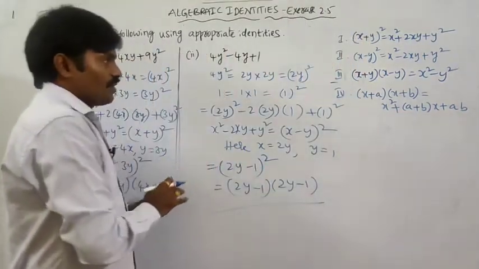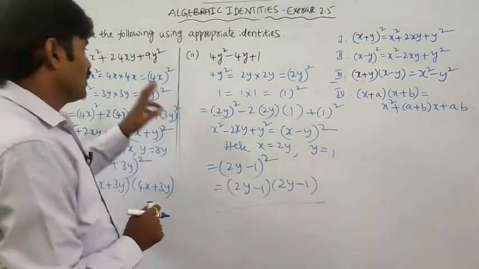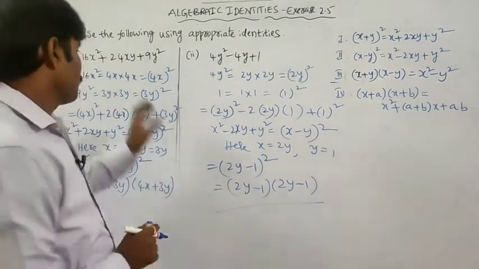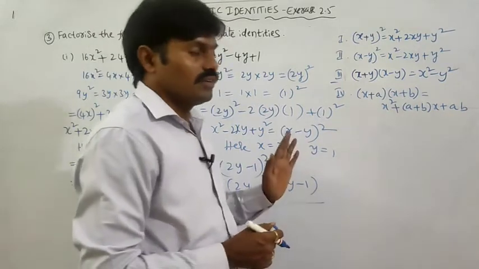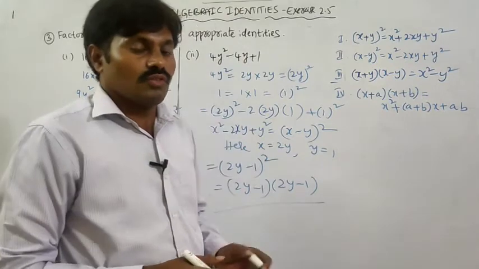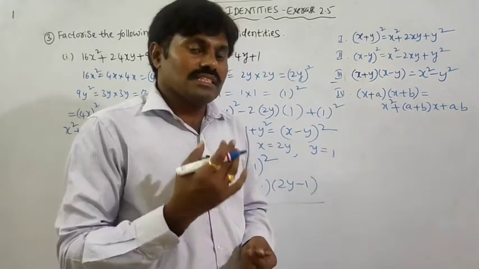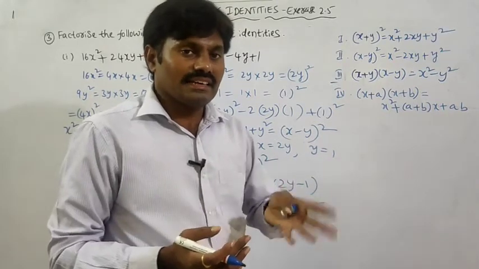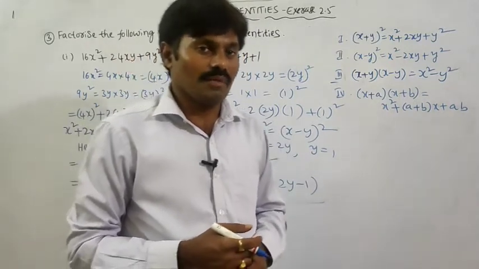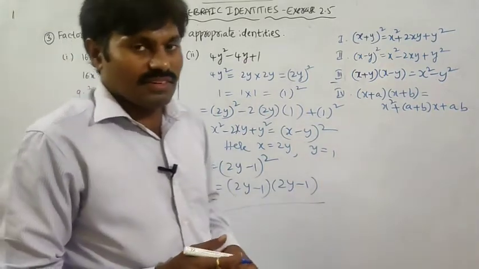It is not always possible. Only when the first and last terms are perfect squares and, when you multiply those two terms and multiply by 2, we get the middle term, then only it is possible. So it is a simple technique to factorize. We already know the applications of identities: they are useful for simplification, you can alternately rearrange the terms, and you can also factorize the polynomial. So 3 more problems are there, we will discuss those also now.